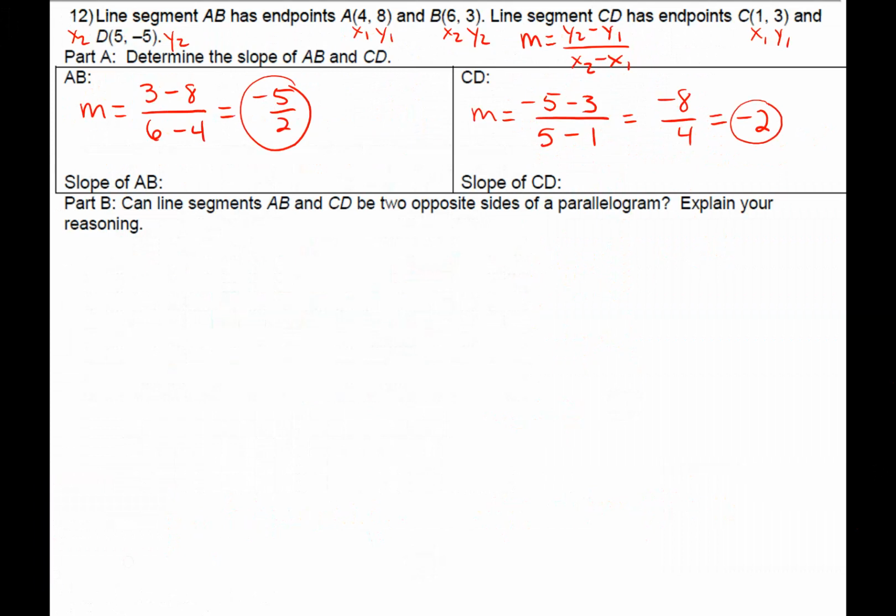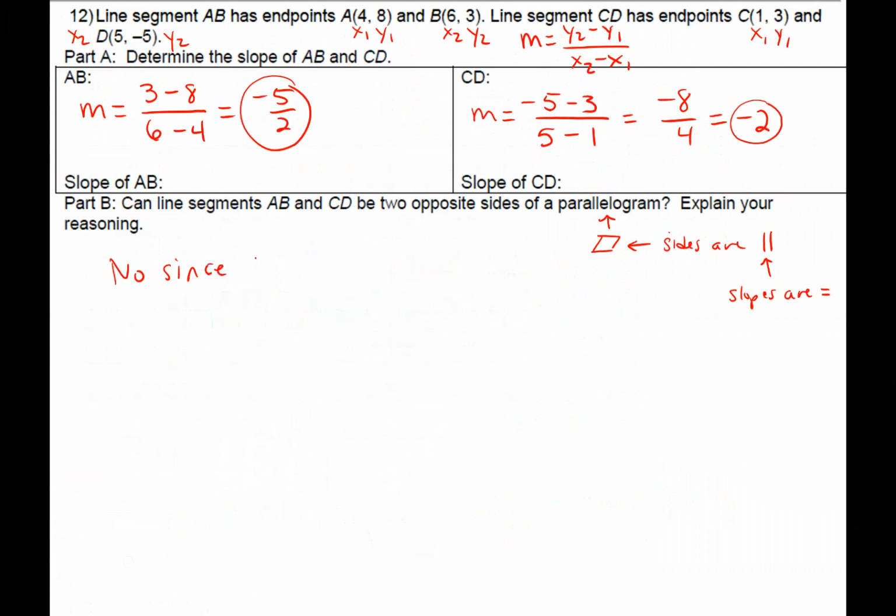Then part B says, can segments AB and CD be 2 opposite sides of a parallelogram? Well, first of all, if they're going to be opposite sides of a parallelogram, that means that the sides are parallel for opposite sides of a parallelogram. And parallel means that the slopes are equal. So if I compare my 2 slopes, I see they are not equal, therefore no,